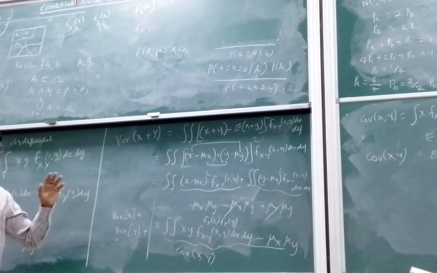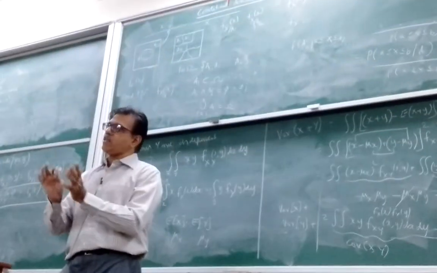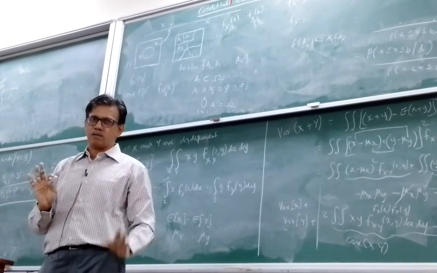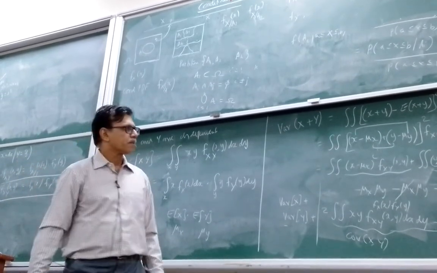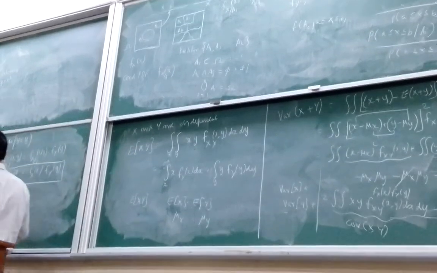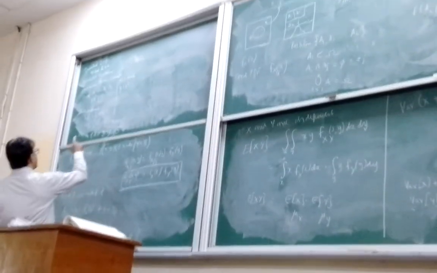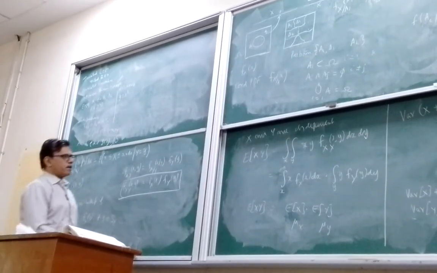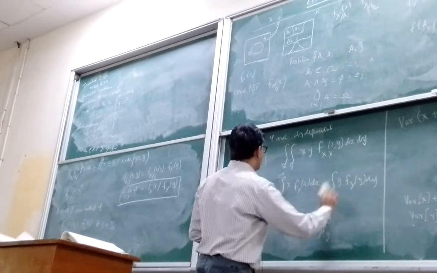So we say that if x and y are independent, they are uncorrelated. But if they are uncorrelated, they are not necessarily independent. So this is about the next aspect, independence and all those things. Then we will quickly go through